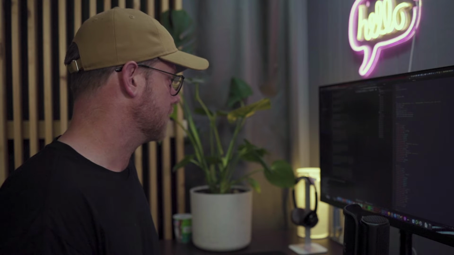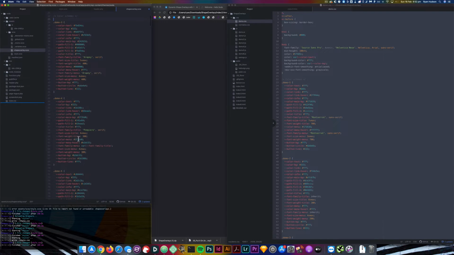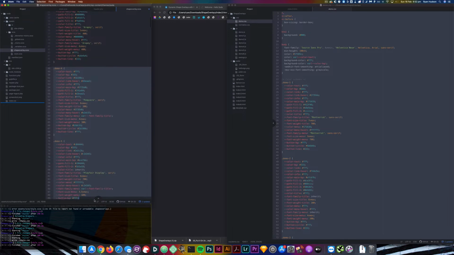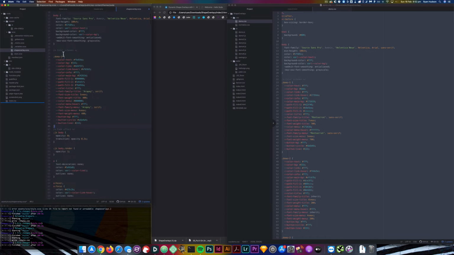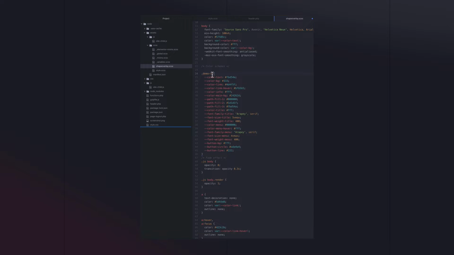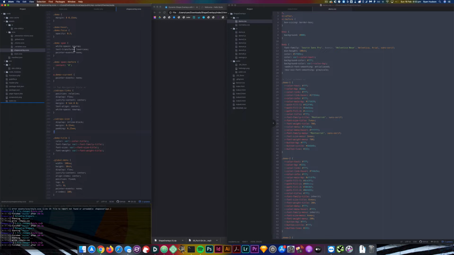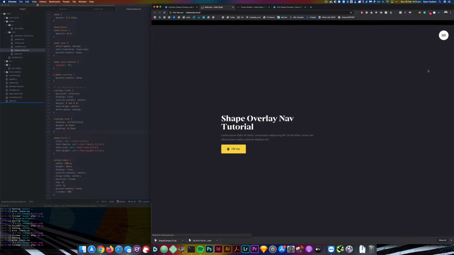Now what we need to do in here, because as I mentioned before, we're using these CSS variables, I'm going to go through and just delete 1 and 2, and then 4 and 5 and 6. And now they've been deleted, I just need to, and you need to do this as well, unless you want to go through and replace all the variables in the code with the actual values. A quick and easy way to do this is to simply change this variable class to be root. So we should be able to save that now, and if we refresh our page, we now have our